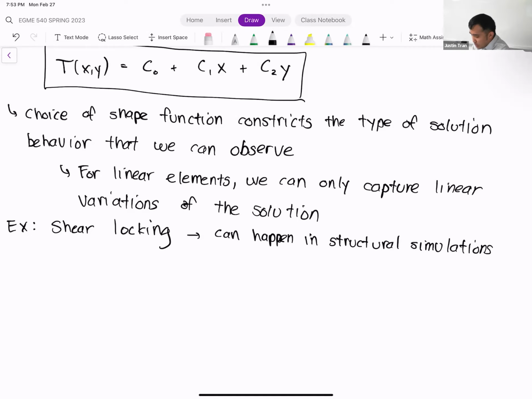Okay? And so what shear locking basically looks like is that it almost looks like the entire geometry just locks up. It looks like you apply your constraints, you apply your loads, but those loads are barely doing anything. Okay?